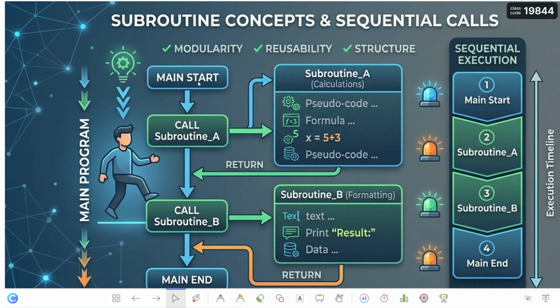In a subroutine, you are calling a function here, and the control is going to that called function, and the instructions or operations inside that function or subroutine will be executed one by one, and the control is coming back to the main loop,